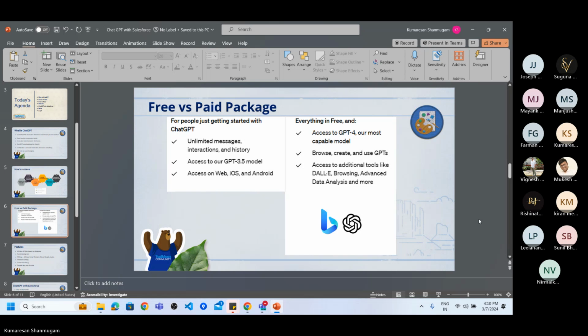Here we have an alternate way to access all the ChatGPT 4 services. Services means higher response time and capability. Already we discussed